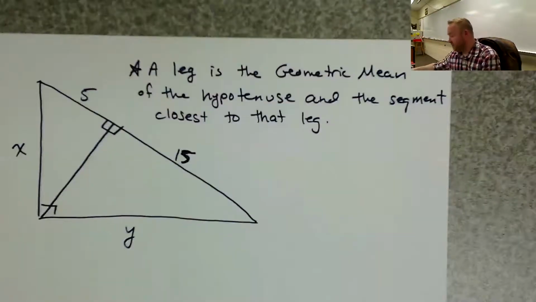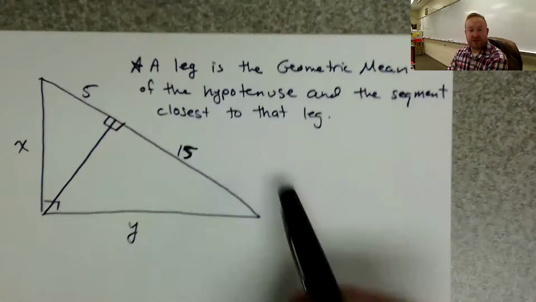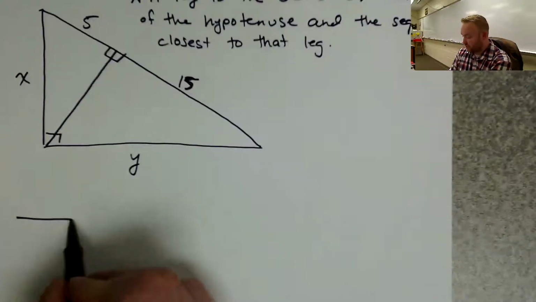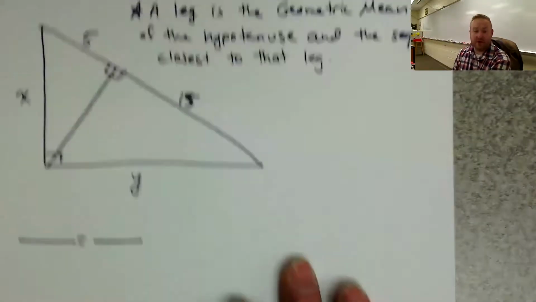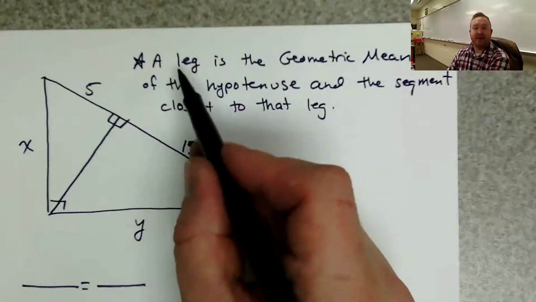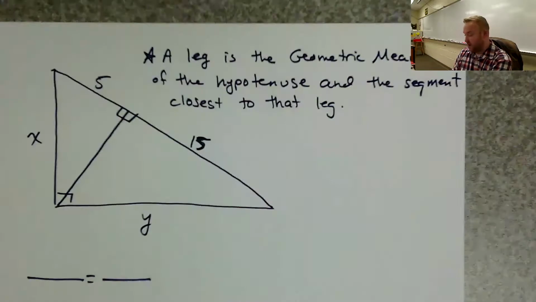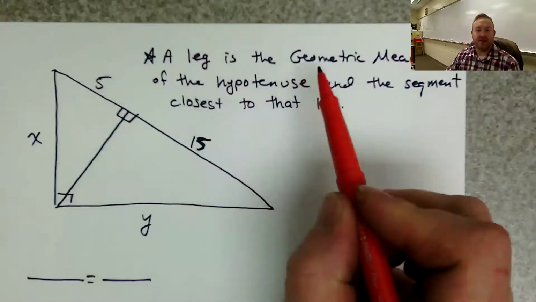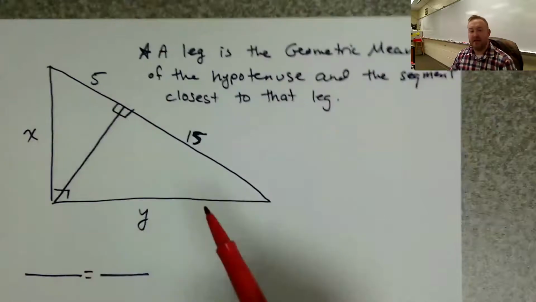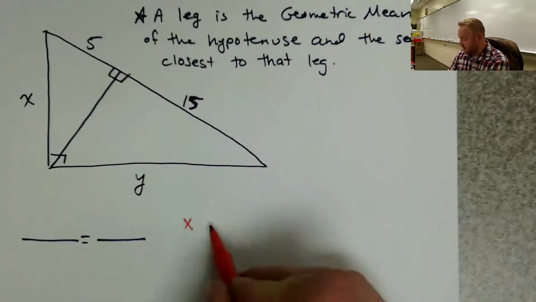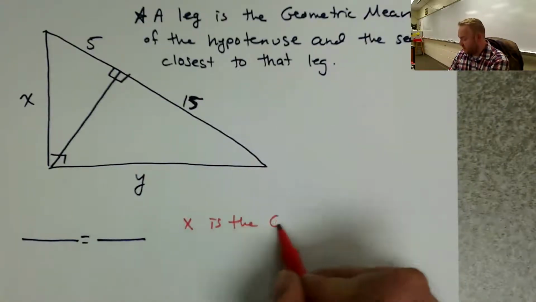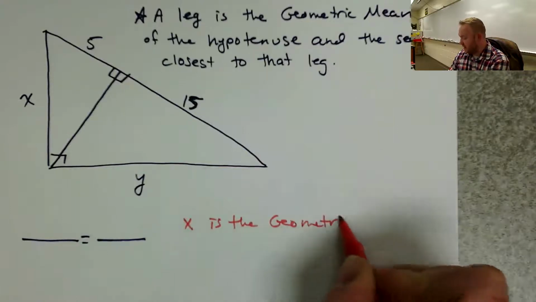Now, here's what I mean by that. In this triangle here, I'm going to set up a proportion. A leg is the geometric mean. Now, x and y are both legs, so I can take my pick. I can either use x or I can use y. I'm going to use x. So a leg is the geometric mean. X is a leg. That means x is the geometric mean